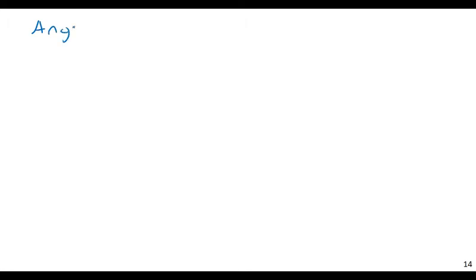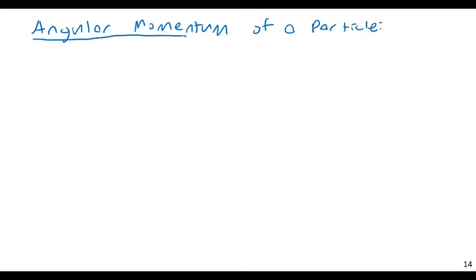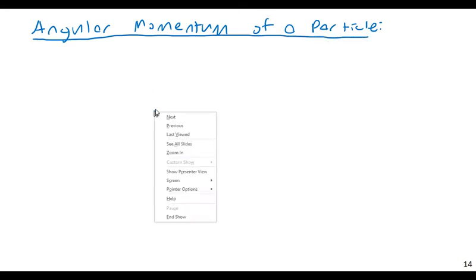Let's actually define this a bit better. I think we've kind of worked our way up to this, but let's actually define it a bit more rigorously, of a particle, and it's going to be equal to,